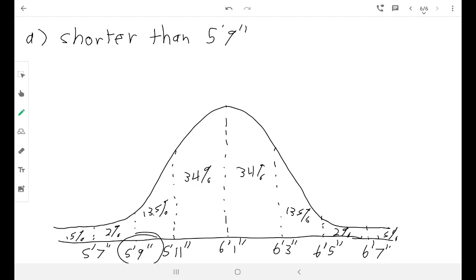And what are the chances that when I at random choose this person that they are going to be 5'9"? Well, there would be a 34% chance if I was